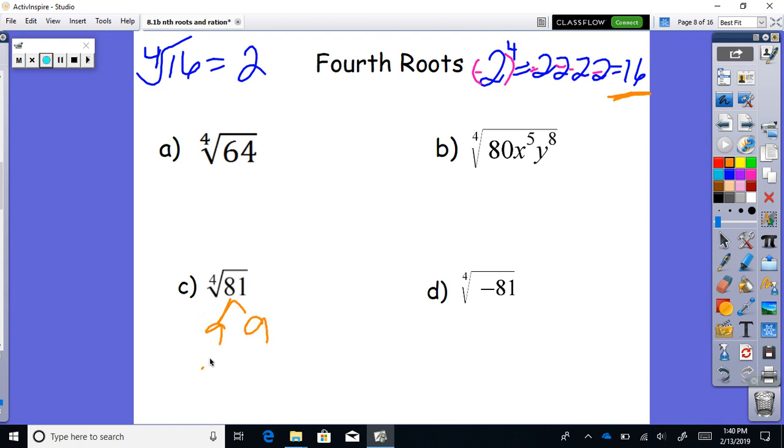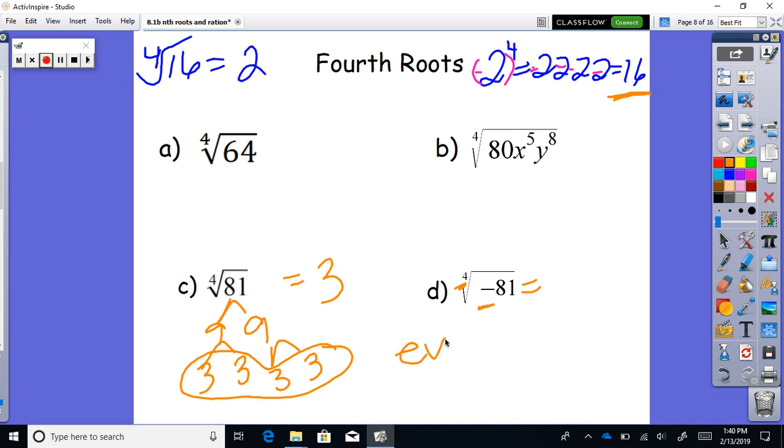So 81 is 9 times 9, which is 3 times 3, which is 3 times 3. So here, the fourth root of 81 would equal 3, because four 3's equal 81. So that goes backwards there. Now the fourth root of negative 81, even if all the 3's were negative, it would not give you a negative 81. So since I have an even root and a negative under a negative radicand, so an even index